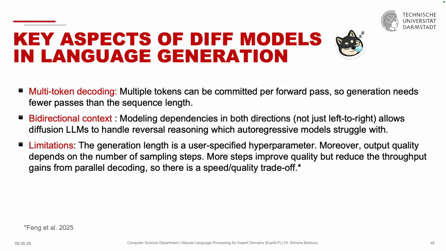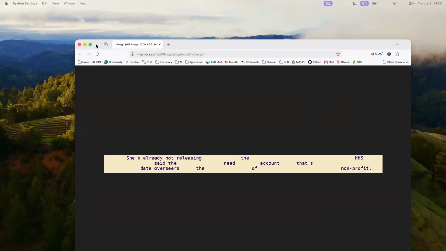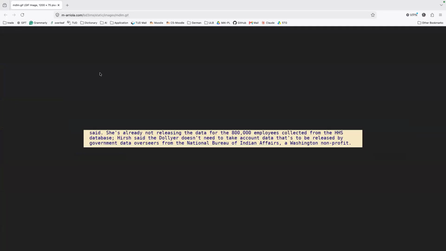And let me also show you how basically a diffusion LLM works. You can have a look, and as you can see, tokens are appearing as multiple groups at a time, and it doesn't start from the beginning. For example, the last token is also generated in the beginning of the iterations, and then towards the later iterations, it gets filled.